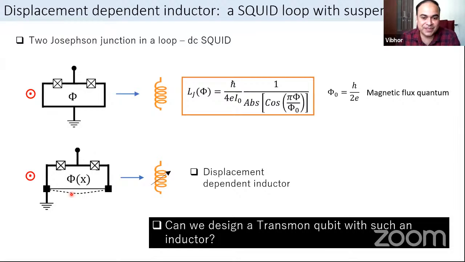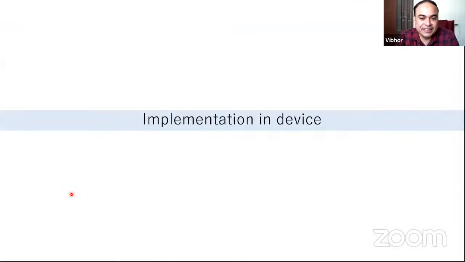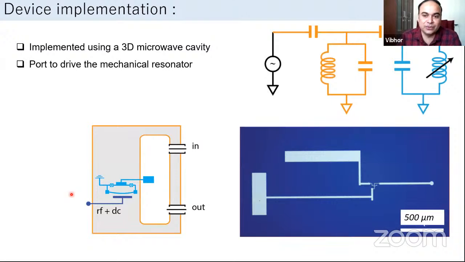And the answer is of course yes. So the implementation in device is done in the following way: we take this SQUID loop and shunt it with a capacitor here so that we get a transmon mode. There are several things that you have to keep in mind while designing such a circuit. While you are shunting it with a capacitance, you maintain sufficient anharmonicity so that individual levels, when you quantize such a circuit, can be addressed, and we can treat this circuit effectively like a transmon, okay?